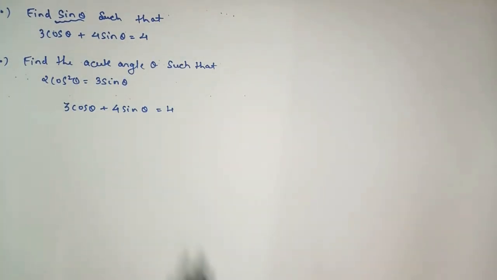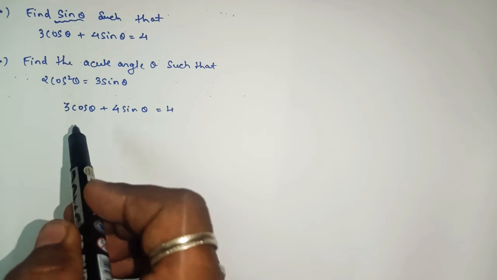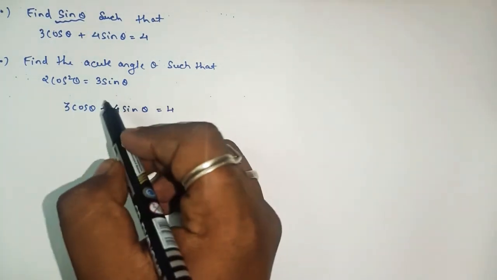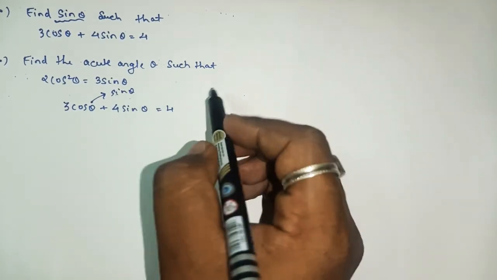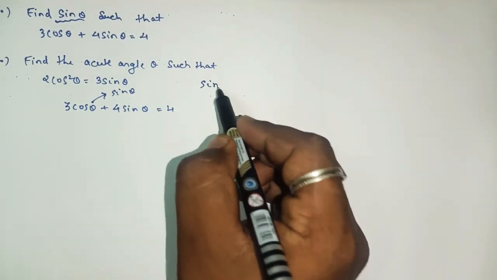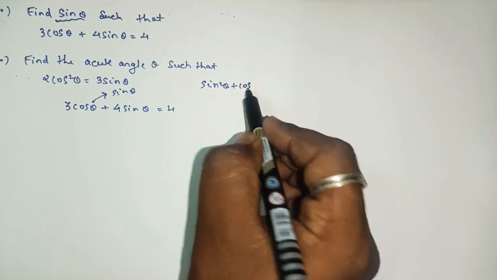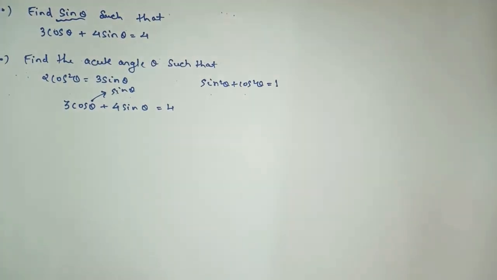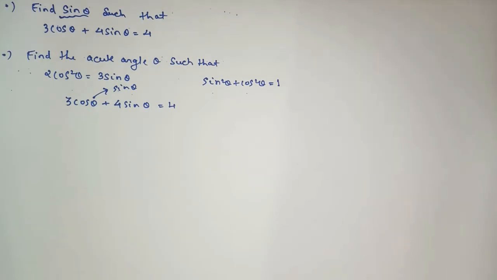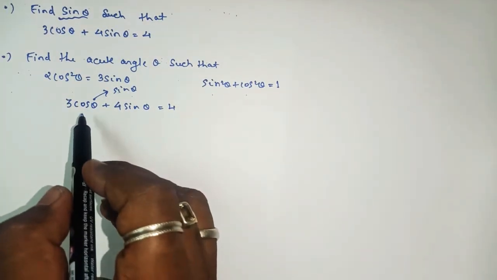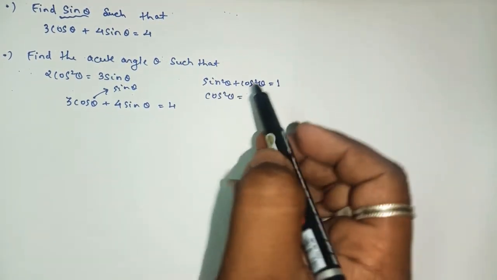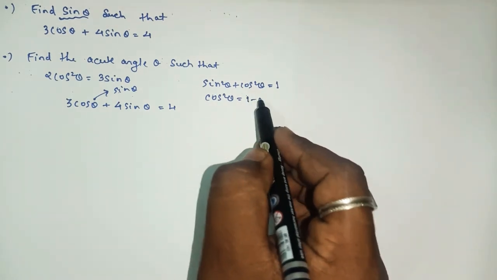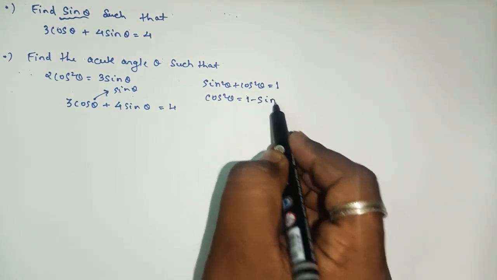So first we'll check, is there any relation between cos and sine, so that we can convert this cos into sine. Yes, there is one relation. The relation is what? Sine square theta plus cos square theta is equal to what? 1. So this relation we will use here. If you want to convert cos to sine, here we have cos square, we can write it as cos square equals 1 minus sine square theta. Yes or no?